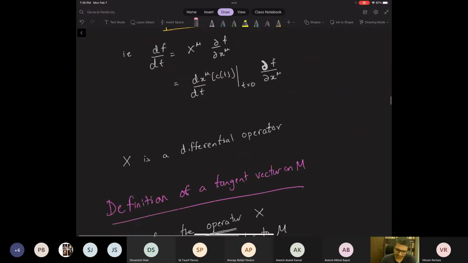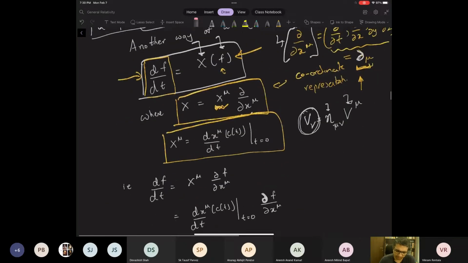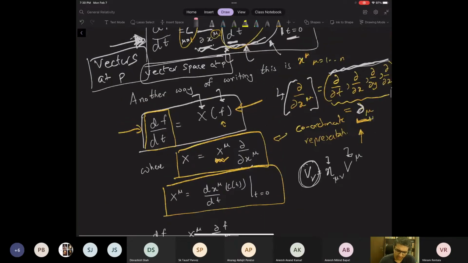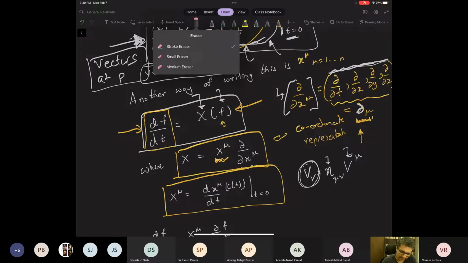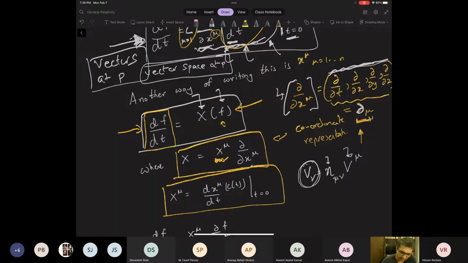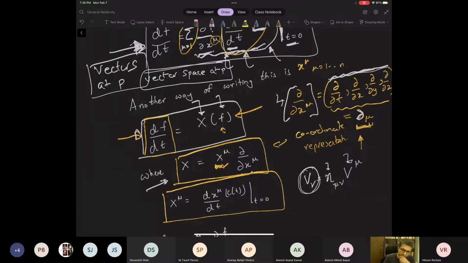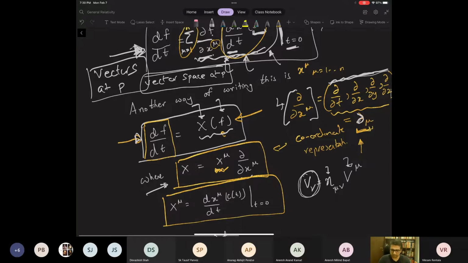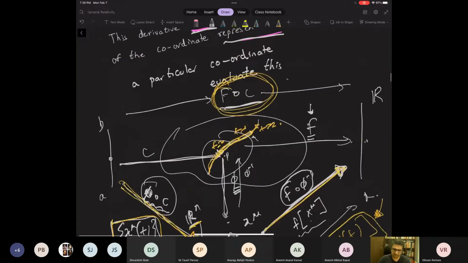So now here's the thing. This X itself. Now what we want to do is define X, which is this X^μ ∂_μ. So this derivative df/dt was equal to X of f. And now what we want to do is define a notion of a derivative at this